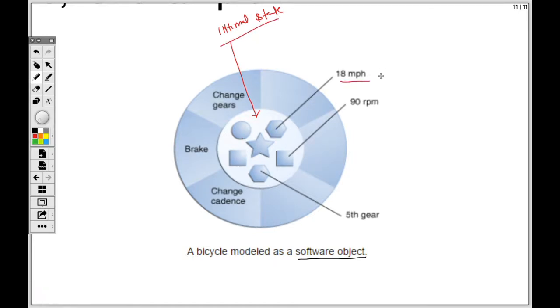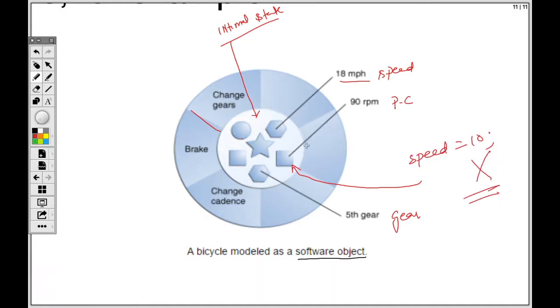This is somewhere 89 mph, the speed maybe. This is pedal cadence, and this is current gear. These are the variables. There might be others, but we are just considering these three. You can see it is covered from all sides, so no one can directly come inside and say, okay, let speed is equal to 10. Not possible. We have restricted it.